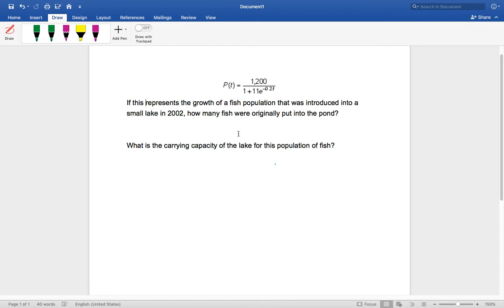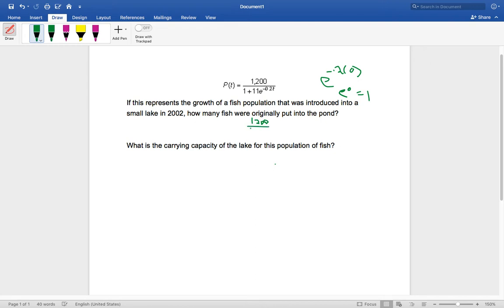Okay, so how many fish were put in the pond? That would be time 0, okay? So t would be 0. Well, if I have e to the negative 0.2 times 0, that would be e to the 0, because 0 times anything is 0, right? But anything to the 0 is 1. So this would be 1,200